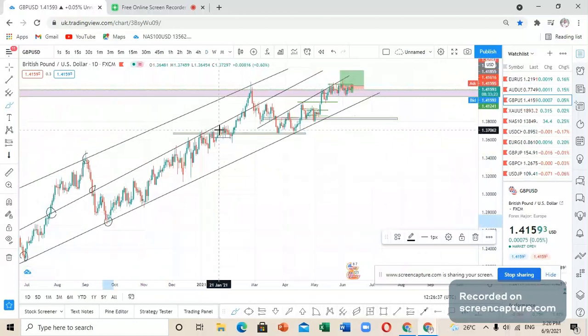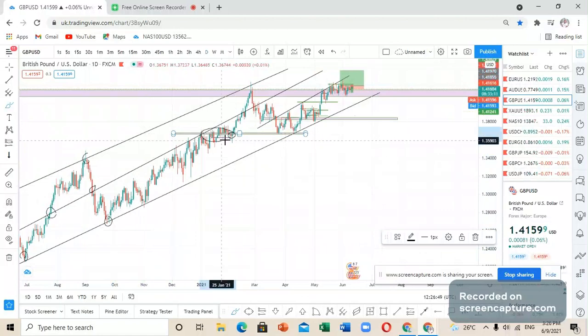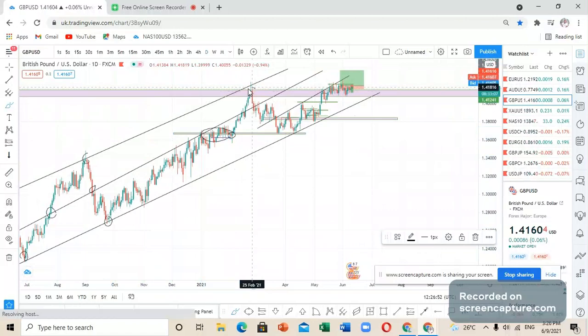Several touches on the middle trend line created this point of support in this area. So you can see a touch in this area. So we had several touches, especially in the whole of this area here. And then we had a move to the upside to this point of resistance here. And then the market decided to move to this area, had a move to the upside, touching this middle trend